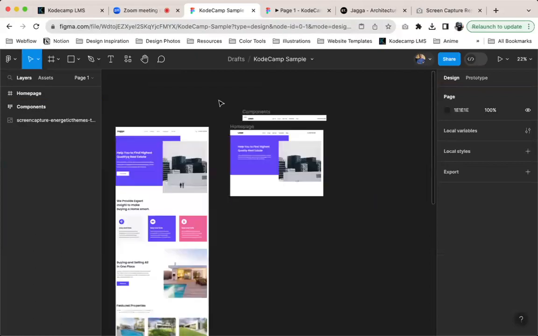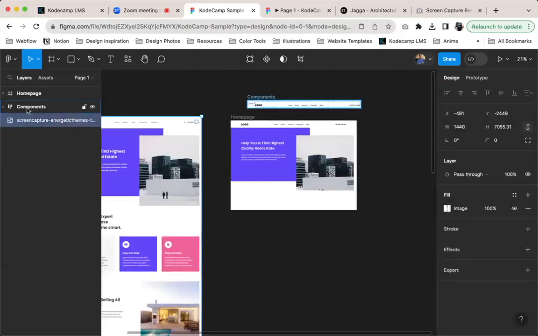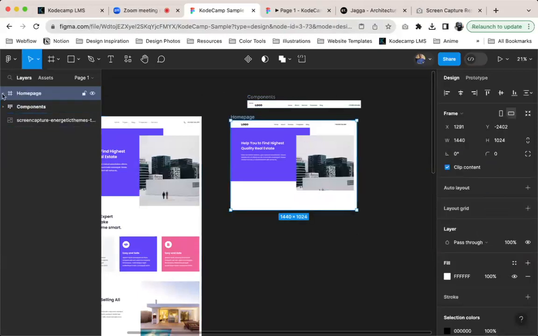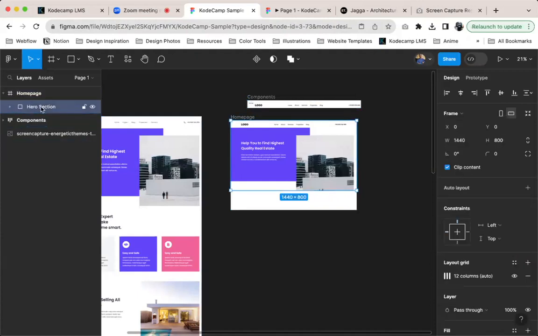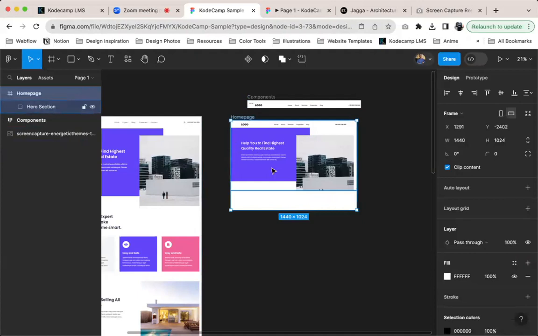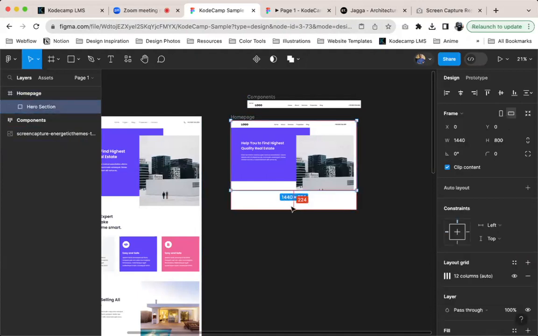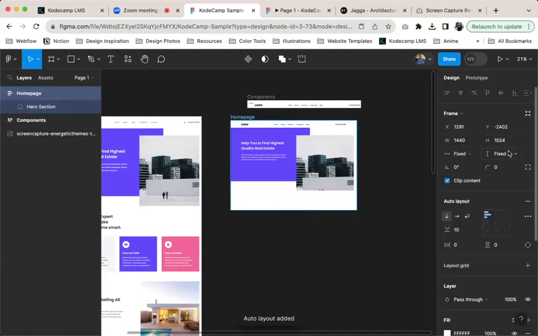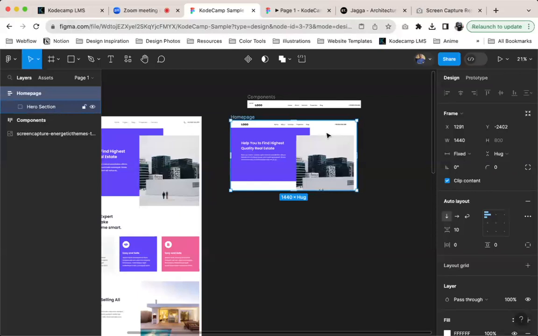So you can see that my board is made up of just three things: this image, my components frame that houses all my components, and my homepage frame where I'm designing. And my homepage frame is made up of just one frame right now, my hero section. So this is the height of my hero section. This additional 224 pixels is coming from my homepage frame. Once I add auto layout to it and change the height from fixed, because right now the height is fixed, if I change it to hug, the height is going to